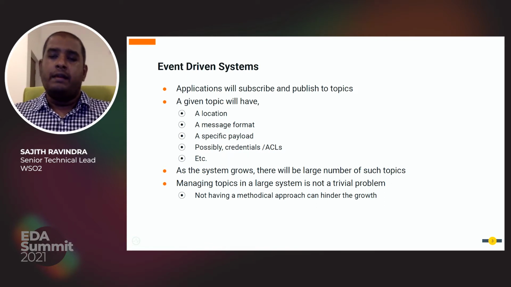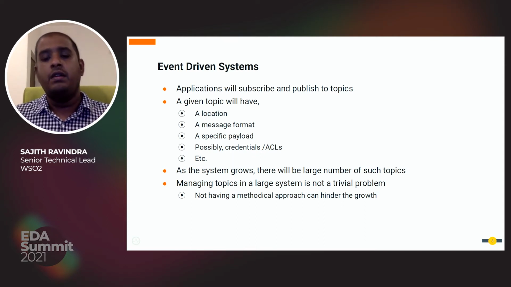When it comes to security, in order to connect to a certain topic, you might need to have valid credentials. Also, a given topic might have a set of access control lists attached to it. The point that I'm trying to make here is that there are many details as an application developer you need to know before you can start connecting to a streaming endpoint and start developing your application. And at some point you might also need to share such information with your colleagues, or with your manager, or with the admins, or some other developers who are working on other teams, right?